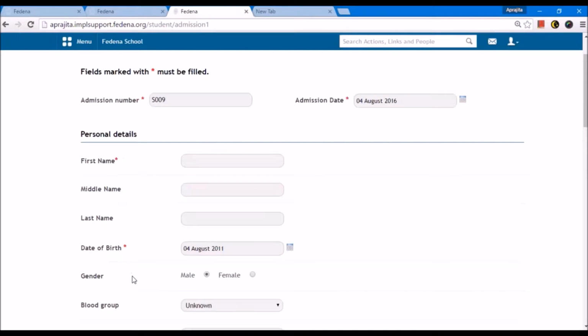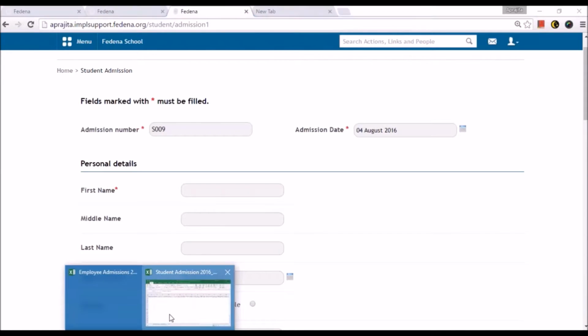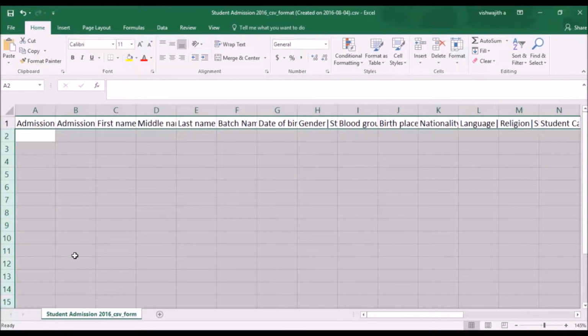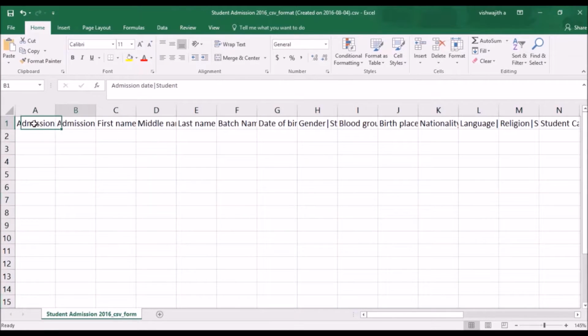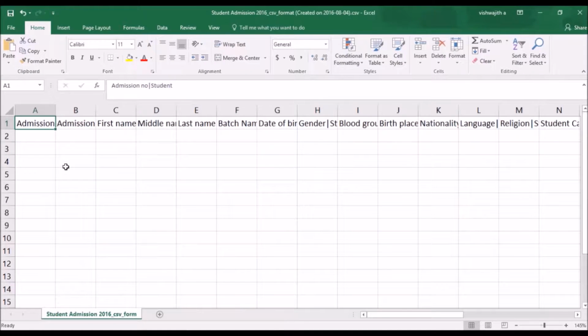So all this information that you were entering for a single student in a form, now you can enter using the Excel sheet for all the students by entering multiple rows of data here. Also, the mandatory fields in this custom import are similar to what you see in the admission form. That means admission number, date, first name, date of birth. So let me enter this information first. I have to enter the admission number for the student. So let's give a unique admission number. Let's say it is S90.